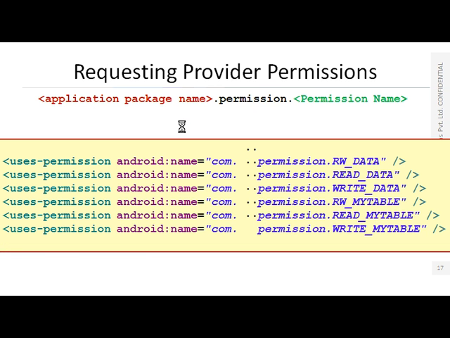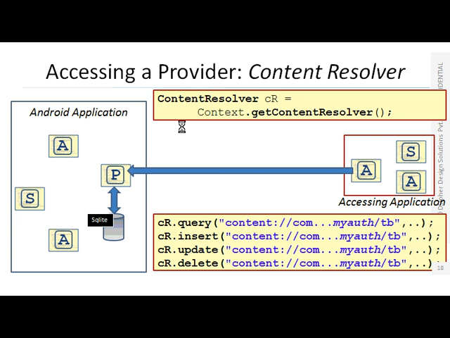And just like that, now I think it's clear to you that the applications that are going to share the data will use a content provider, and the applications that are going to access the data will use a content resolver. Alright. And how to get the content resolver object? So the first rectangular block is used to get access to the content resolver object.